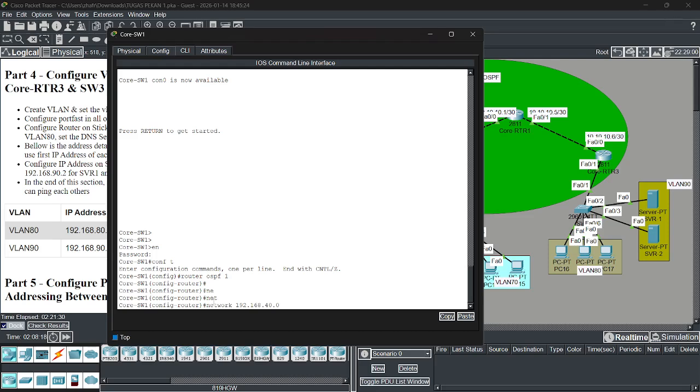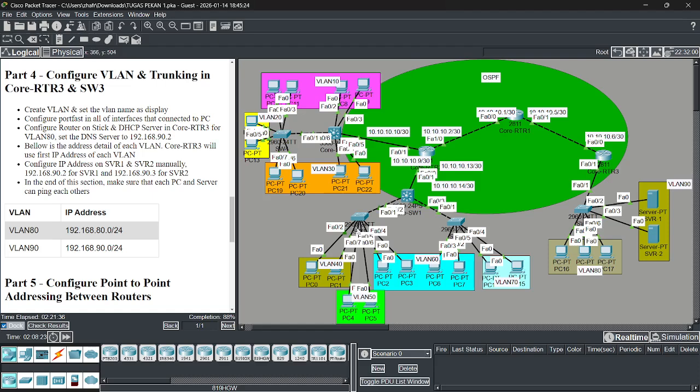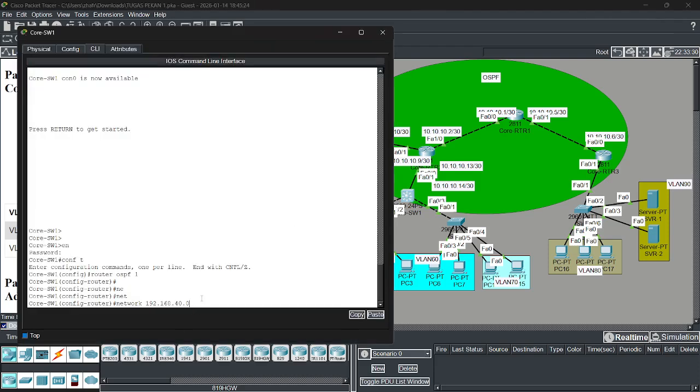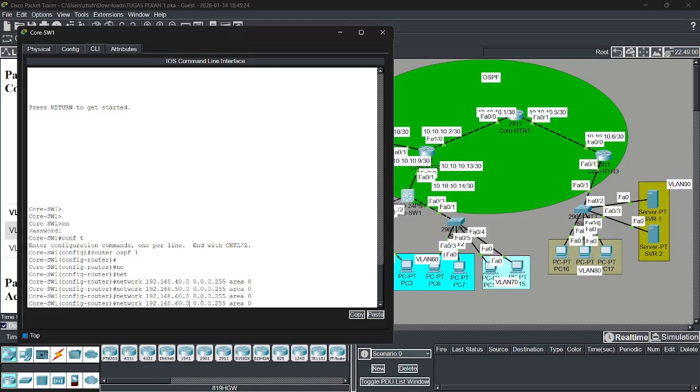Wildcard, 40.1, and this is area backbone. Okay, and then VLAN 50, and then VLAN 60, and then VLAN 70.